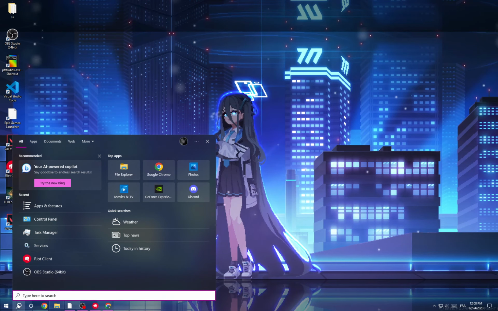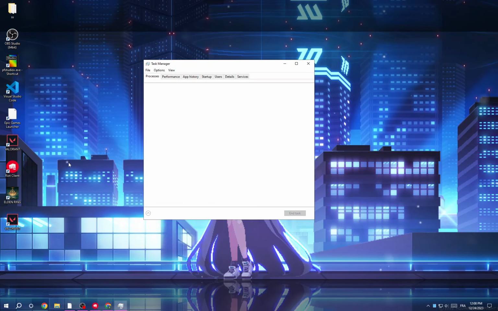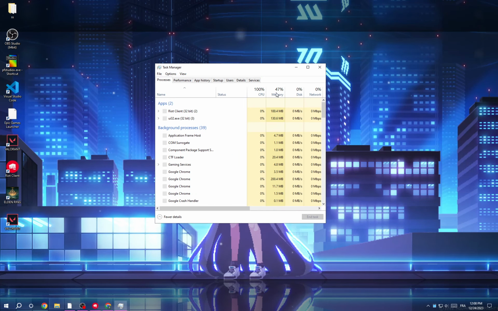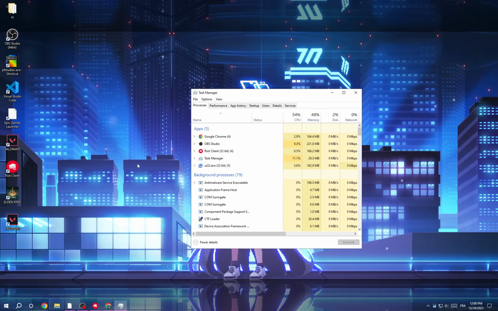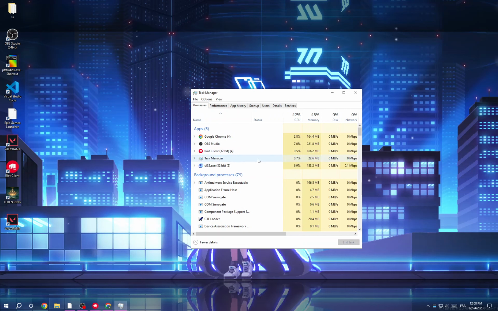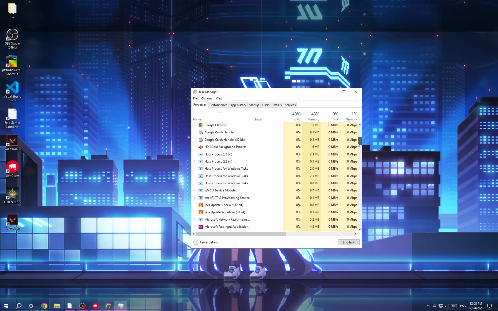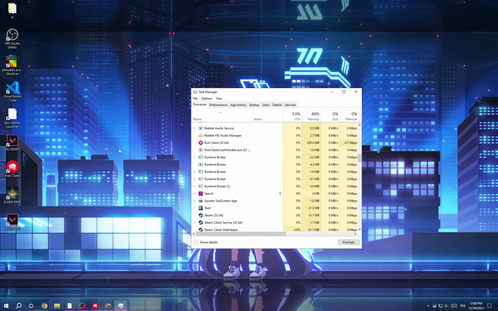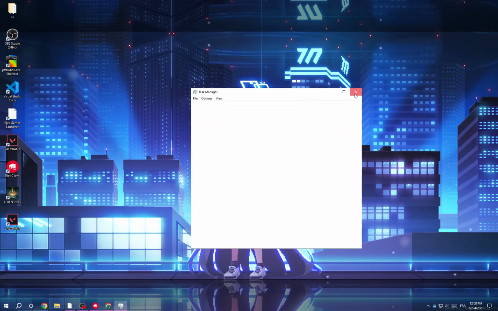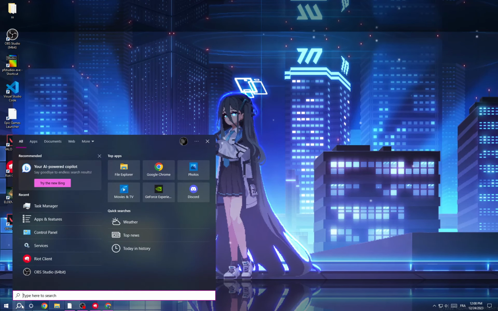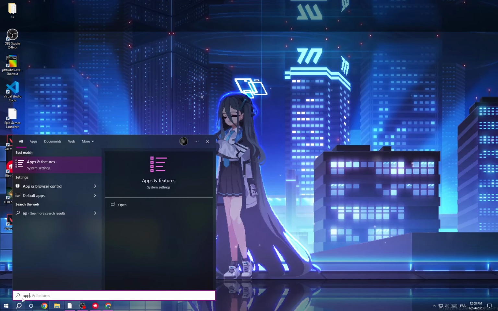First click here and then open Task Manager. First you have to make sure that Valorant isn't running in your background, so just close all the applications that are related to Valorant, like Riot Client. Right click on it and end task, and keep scrolling down. You have to look for Valorant or any other application that is related to it and close it, and after that click here and go to Apps and Features,